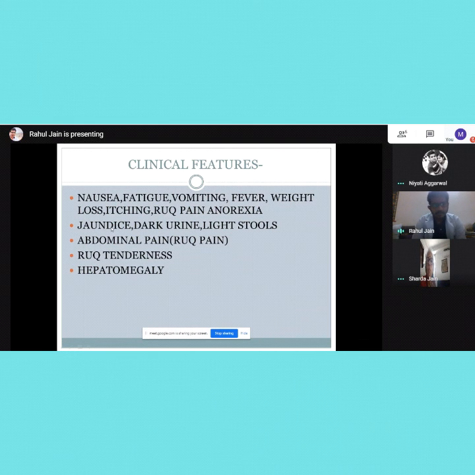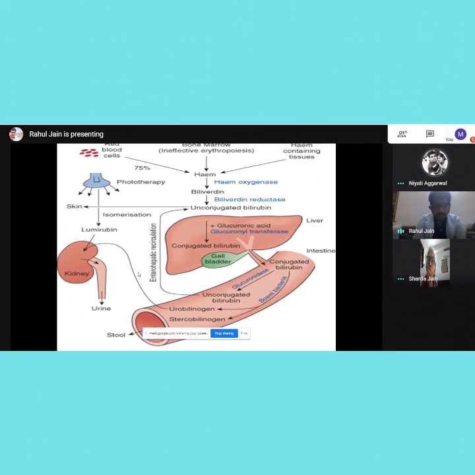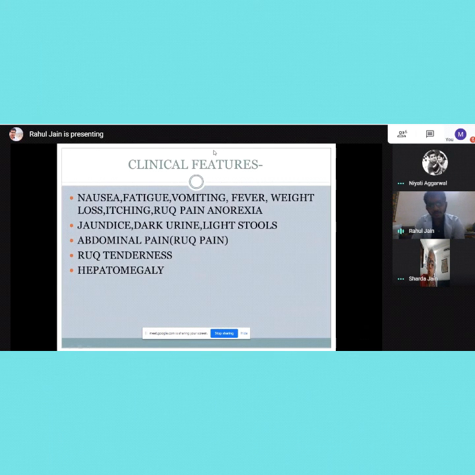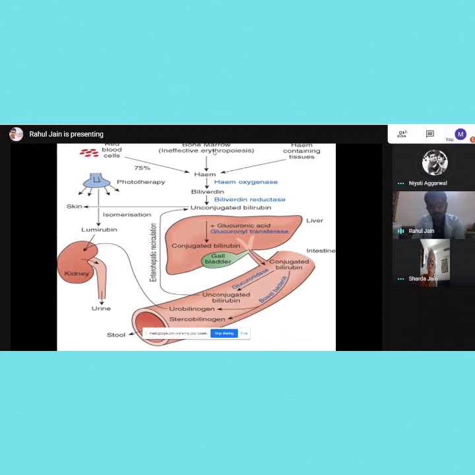Then coming to jaundice, dark urine and light stools. These three we'll just discuss in the next slide. And then hepatomegaly, that the liver size gets enlarged. So whenever the liver span is more than 10 to 12 centimeters, it should suggest hepatomegaly. And basically, the main formula we can use is that whenever it goes below the rib cage, it might be a large liver. Then yes, this diagram is the most important diagram, and once we understand this diagram, we can understand the liver pathology as well. So these three points, jaundice, dark urine and light stools, will get cleared with this slide only.